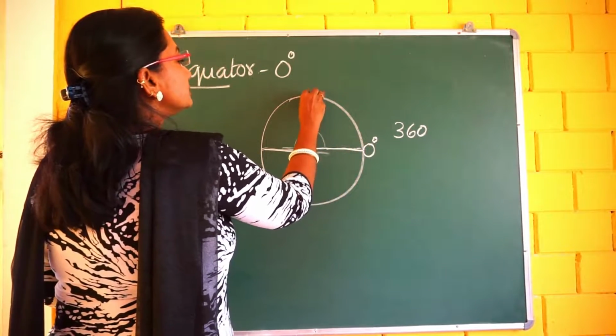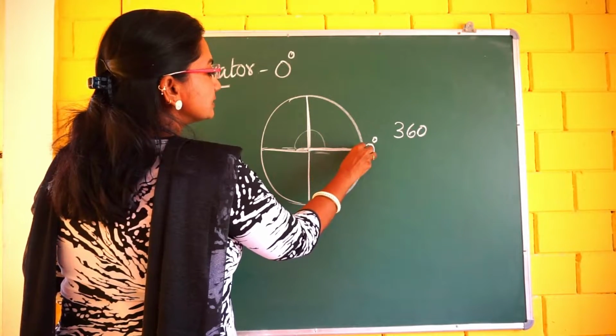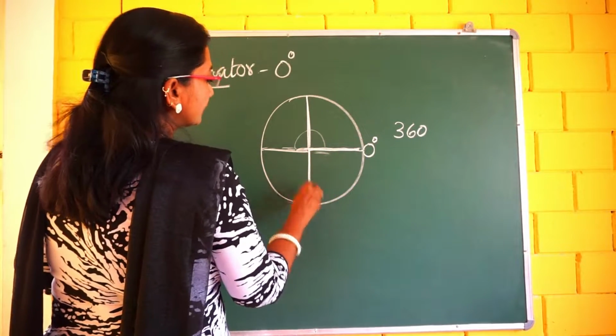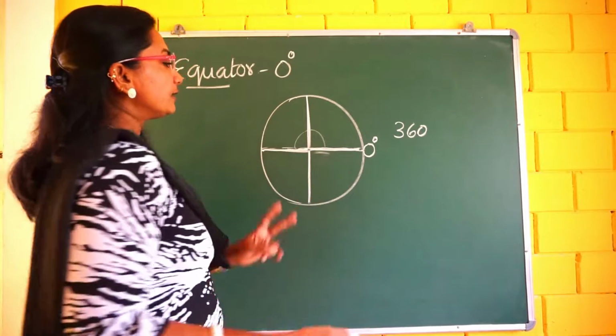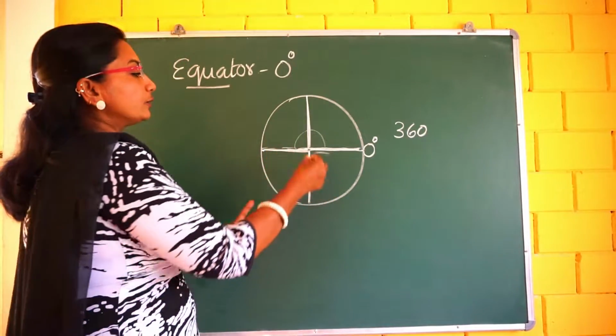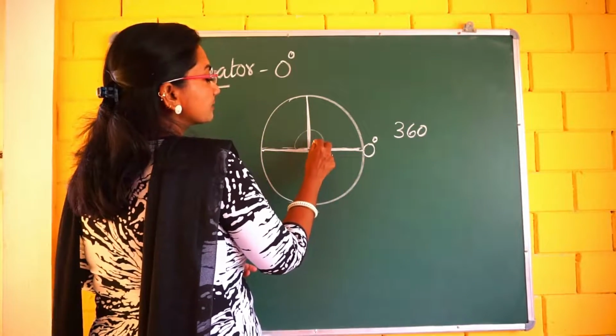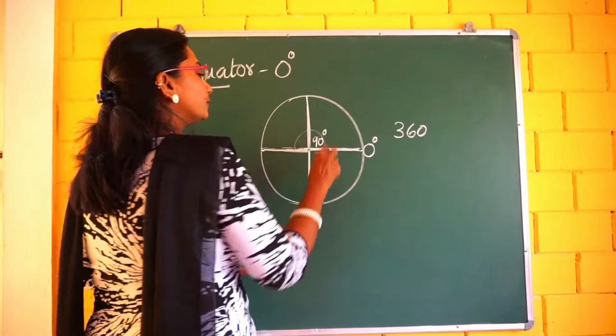4 parts. That means here 4 parts are coming. This is a straight, that right angle. This is a right angle, and this is a right angle. We can measure it in 2 ways. We know the right angle, what is the measurement of the right angle? It is 90 degrees. Okay.